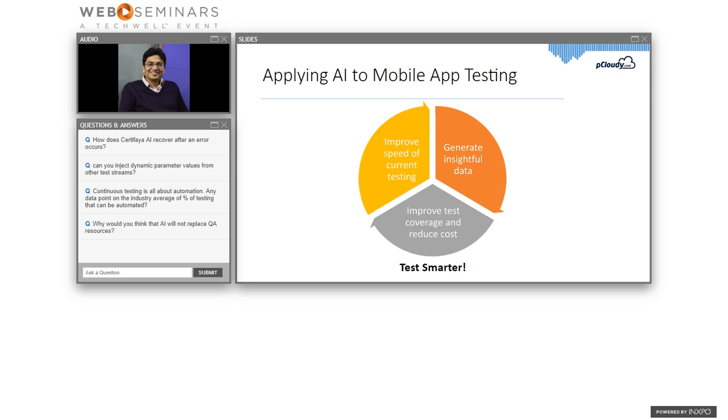So there is a lot of focus right now on exploratory testing for mobile as well as web, because that is where a lot of these corner scenarios and crash scenarios are found out when the application goes into the market. So can AI be helpful in exploratory testing, so that it increases the test coverage and finds those kinds of corner issues before they are found in production? So these are the 3 different areas that we looked at, and we started integrating the AI capabilities in our